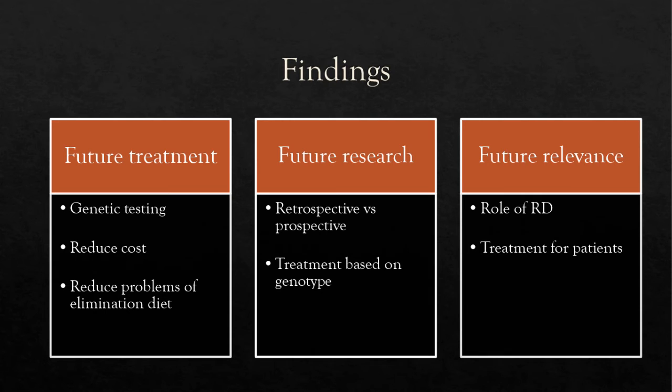So these results give us future hope of being able to use genetic testing to treat EOE patients based on their genotype. This could help reduce the cost of multiple scopes patients have to endure to figure out what they're allergic to if they can eliminate something based on their genotype. For example, if someone with 2 risk alleles could eliminate eggs and milk from their diet right away and then get a scope to see if there's any remission after,